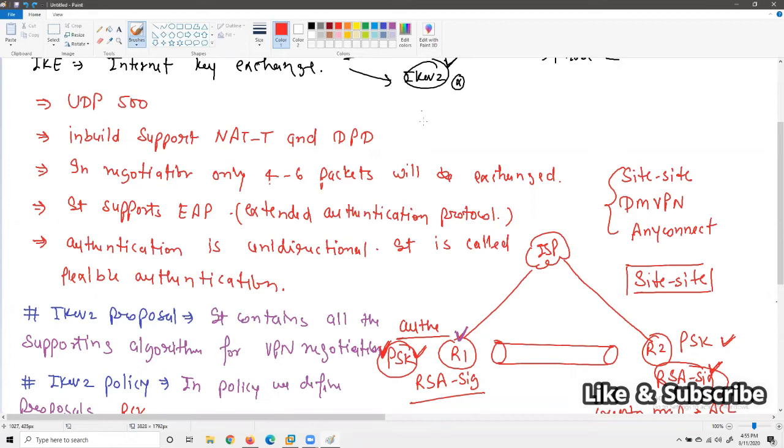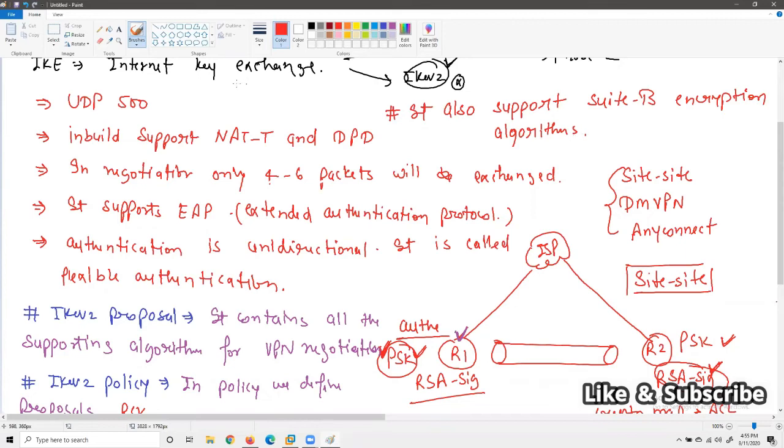Another thing I did not mention is that it also supports Suite B encryption algorithms that were not supported in IKEv1.